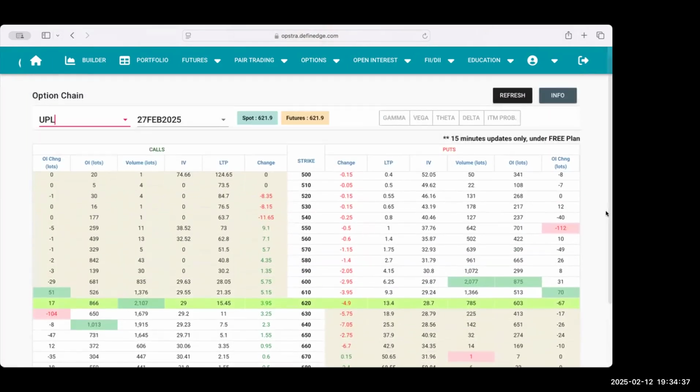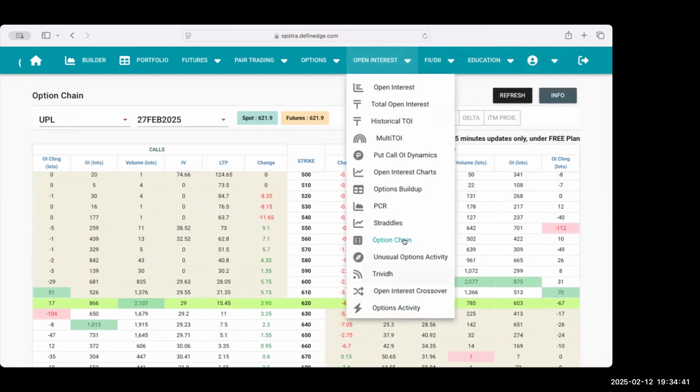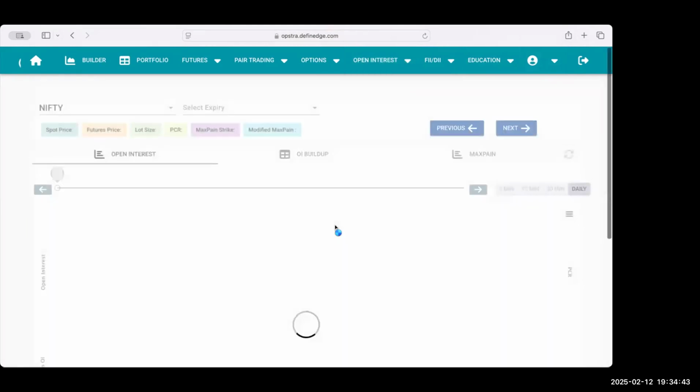Okay. यूपीएल है ना, वेट। Yes, yes. लेट मी ओपन इंटरेस्ट देख लेंगे ना।